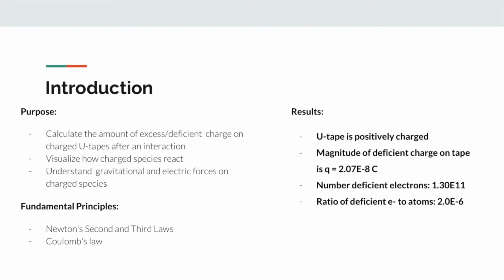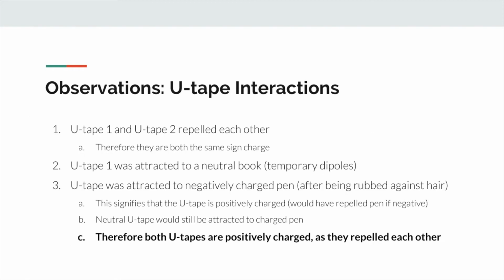As a result, I found that the U-tape was positively charged, and I calculated the magnitude of deficient charge on the tape, the number of deficient electrons on the tape, and the ratio of deficient electrons to atoms on the tape. When observing the interactions of U-tapes, I found that U-tape 1 and U-tape 2 repelled each other, telling me